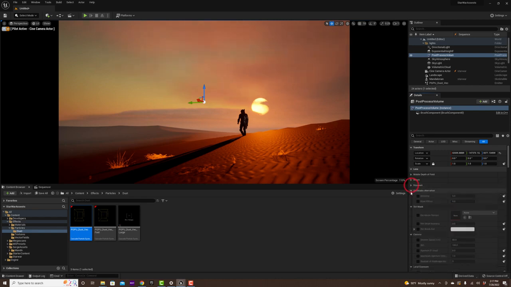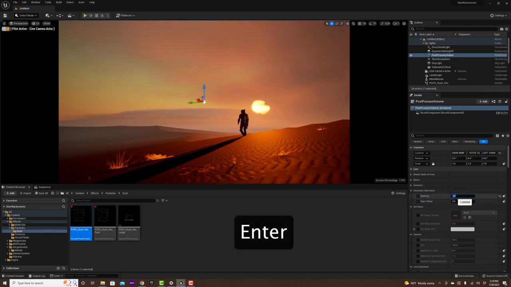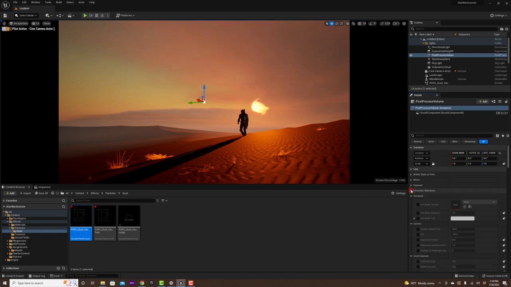The next thing that I do is add a little bit of chromatic aberration, very little, like 0.1 or 1. Maybe 1 is too much, 0.5. What chromatic aberration does is distort your image and give it less of a computer look, okay? The next thing I like to do also is